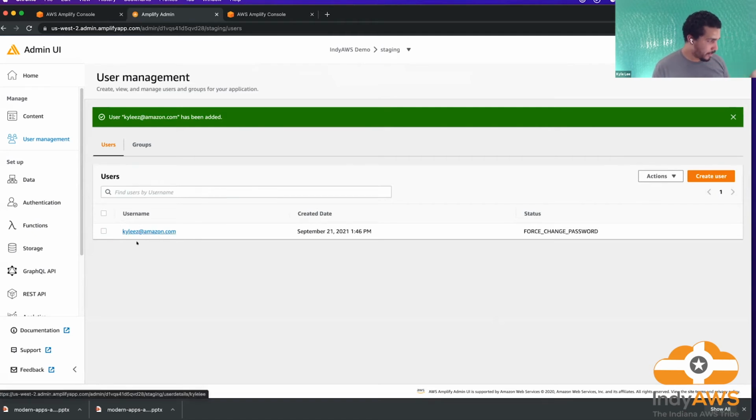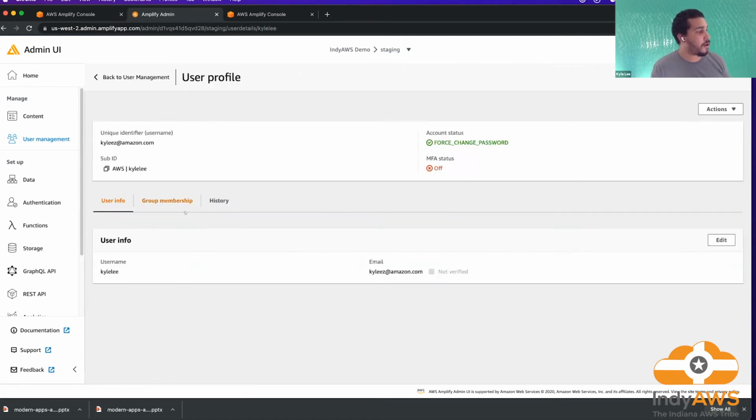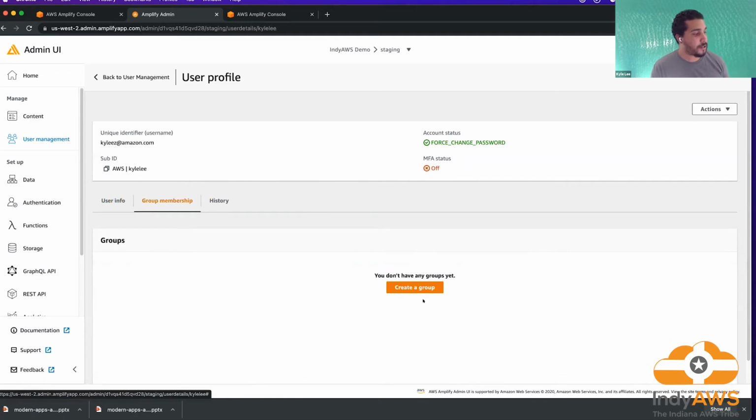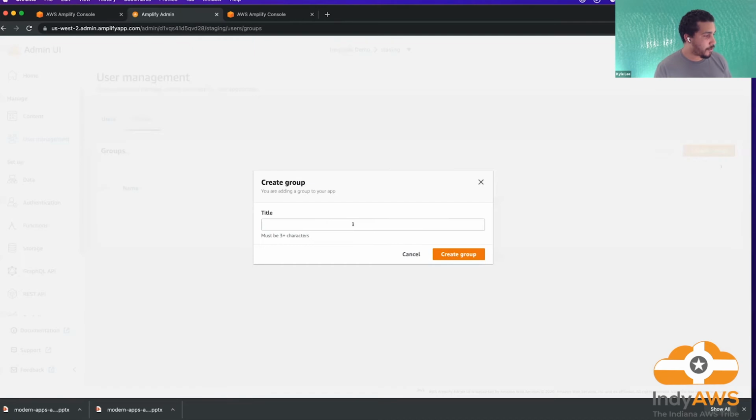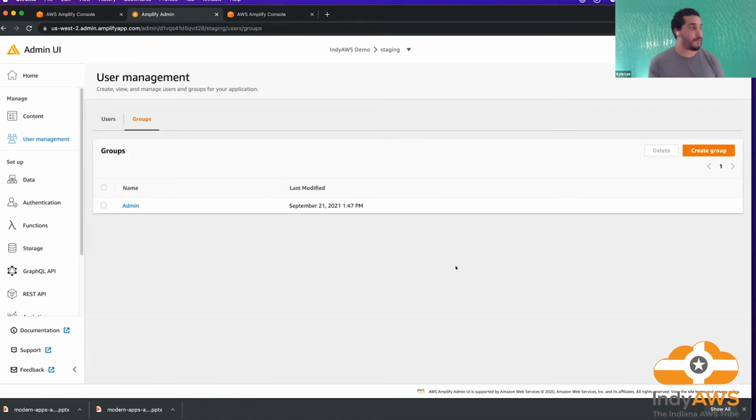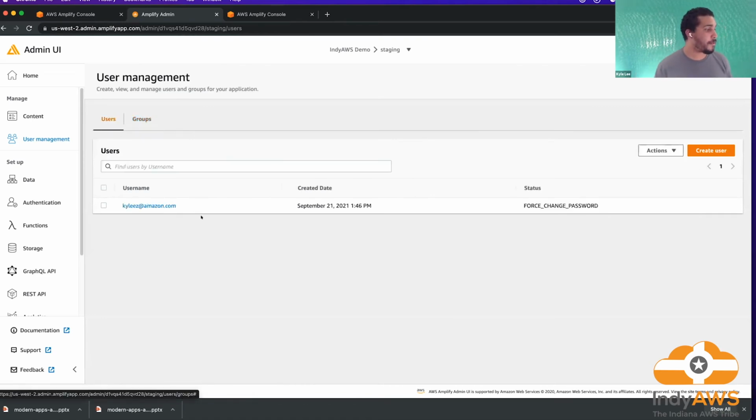But yeah, so we would have a user here, and then you can see the different status right here for the user. And then you could also go to group memberships. We don't have any groups. We could create a group, and let's go ahead and create one right now. This would be admin. So now we would have admins, and we would also have users, and then we could put them in specific groups.